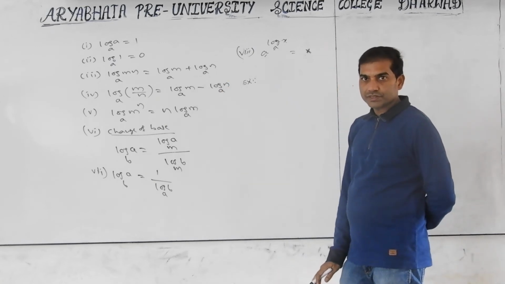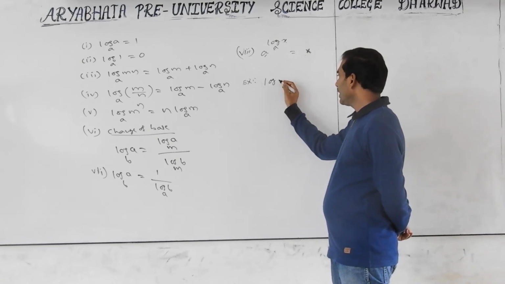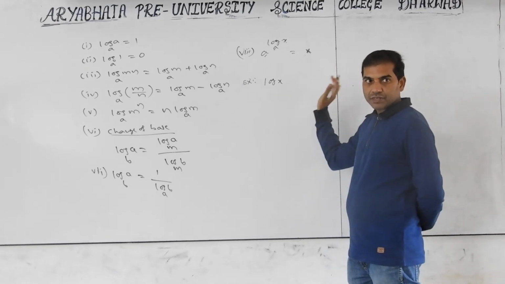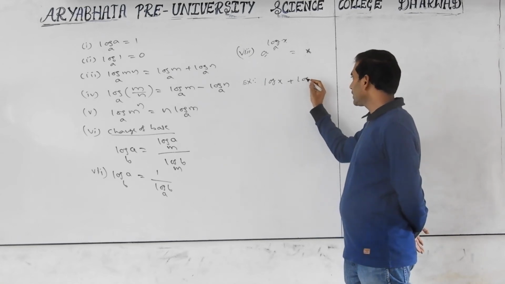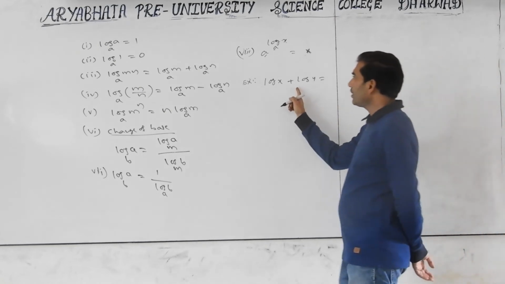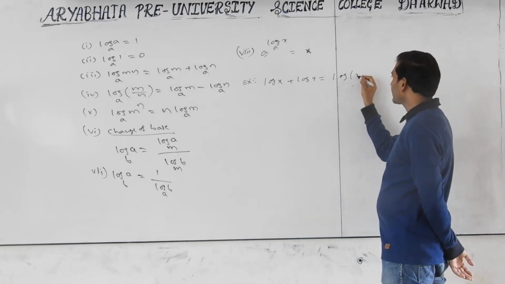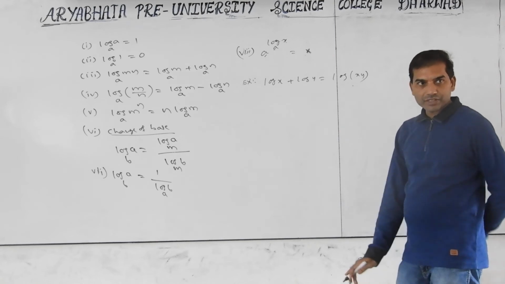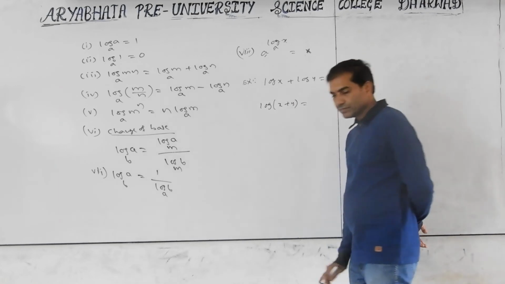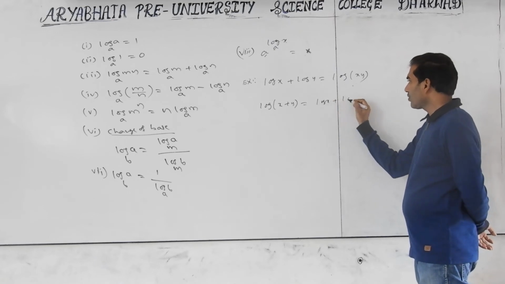Let's practice some examples. Log of x, the base is e. Nothing there means the base is e. Log x plus log y equal to. Is it contained in this formula? Then reverse: log of xy. Log of x. Tell me, what about this formula? Log of x plus y equal to, is it log x plus log y?